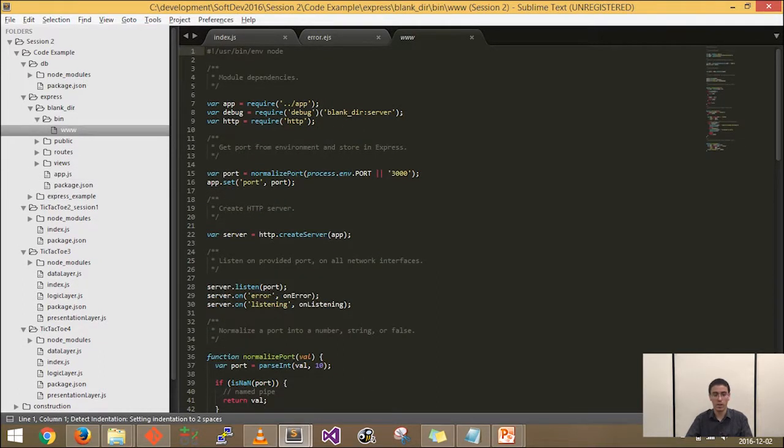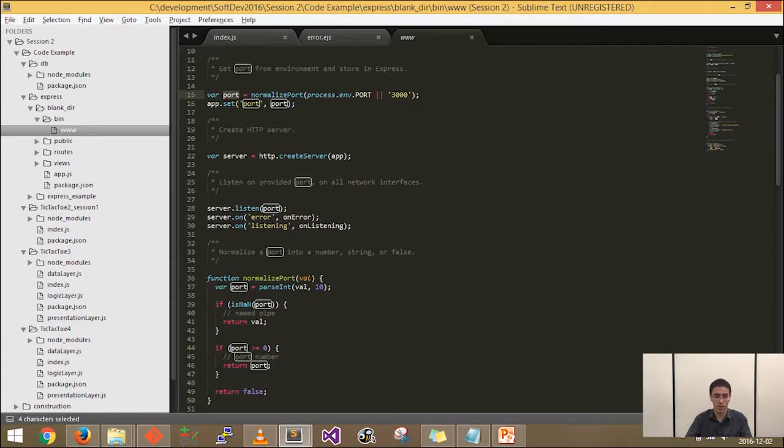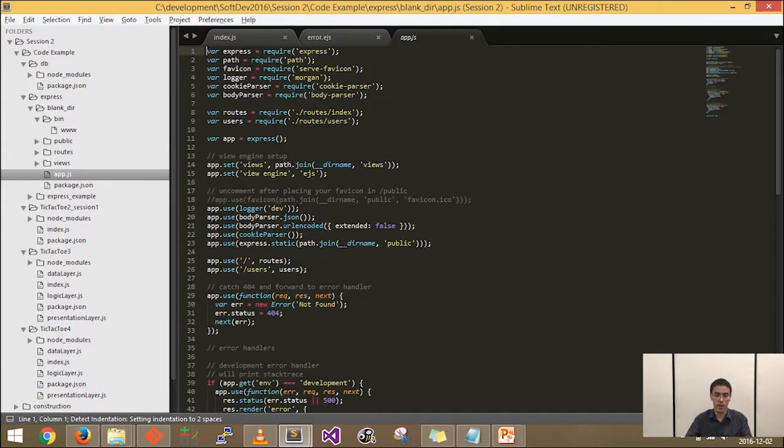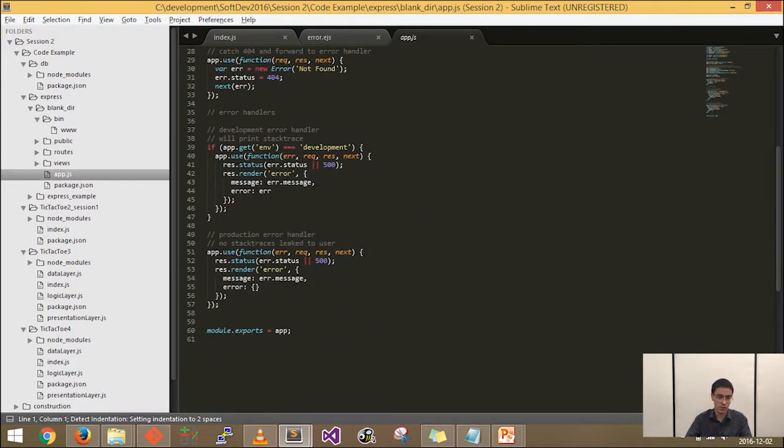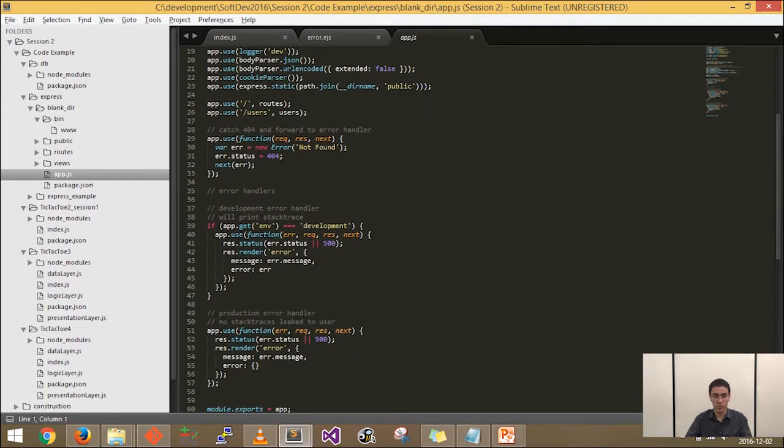This is where the website server is set up, and as you can see, it imports the app. It sets up settings such as the port of the site, and then it actually runs the server. And this is the event model here, where it is actually listening for errors and listening for events to occur that are based on that app file. So if you go to the app file, you can see that this is where the error pages will be